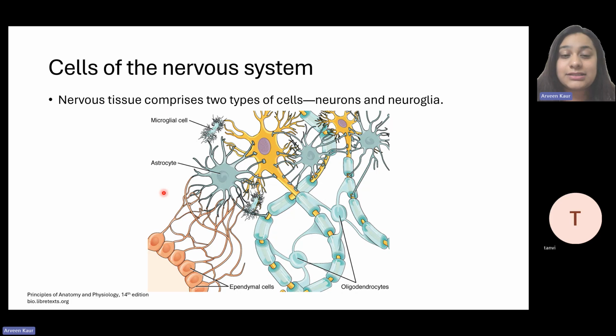Along with that, there are other cells that are marked over here: microglia, astrocyte, ependymal cell, and oligodendrocytes, which are all basically glial cells of the central nervous